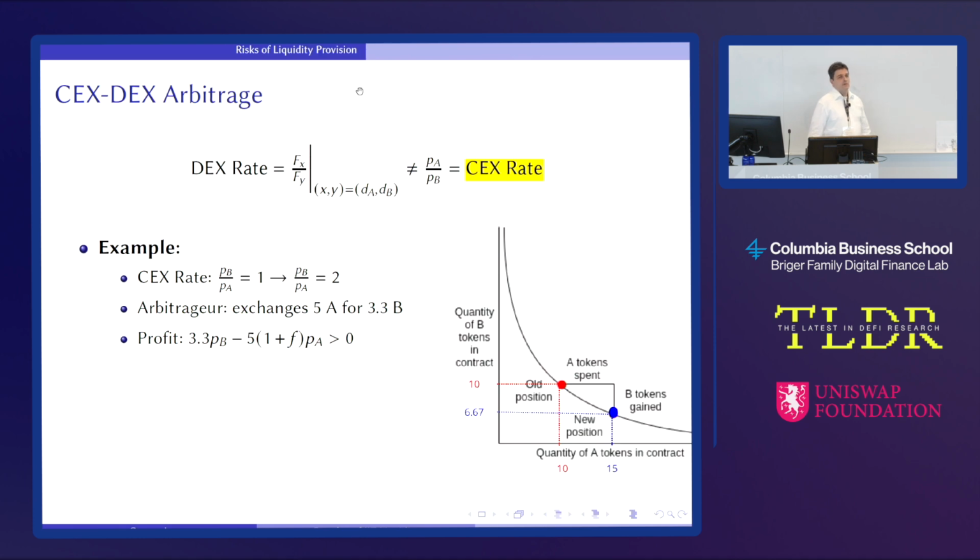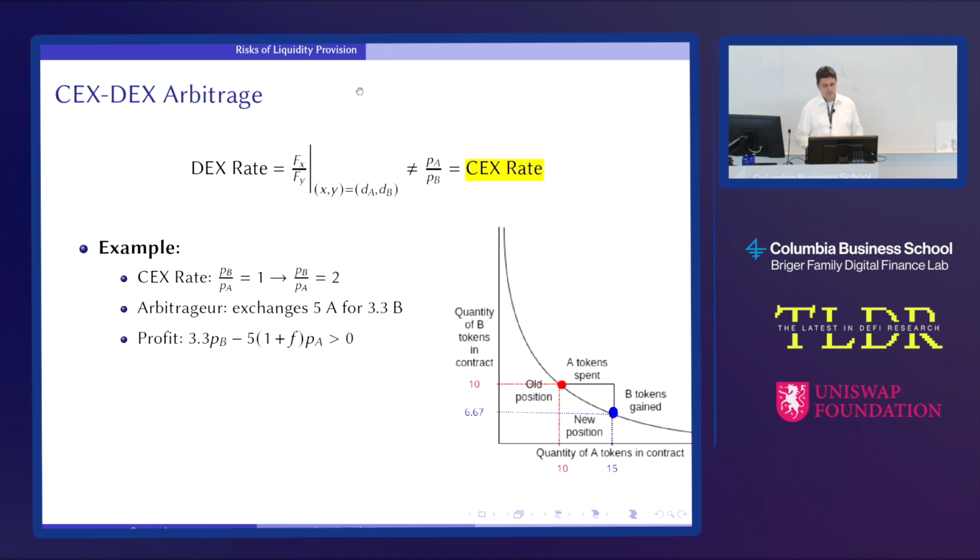and therefore swap the most valuable token for the least valuable token in a way that the price is realigned, but in the process of executing this trade, they will end up earning profit because they will be able to get the more valuable token B for the least valuable token A, and even if they have to pay a fee for trading, this might still generate profit for them.